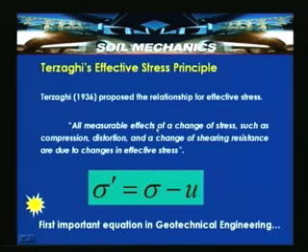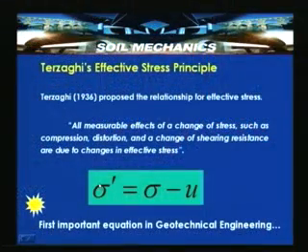All measurable effects of a change of stress, such as compression, distortion and a change of shearing resistance, are due to changes in effective stress. So, if any change in effective stress occurs, a distortion can occur, or a compression, that is a change in volume, or a change of shearing resistance. So, what Terzaghi has proposed is an equation,